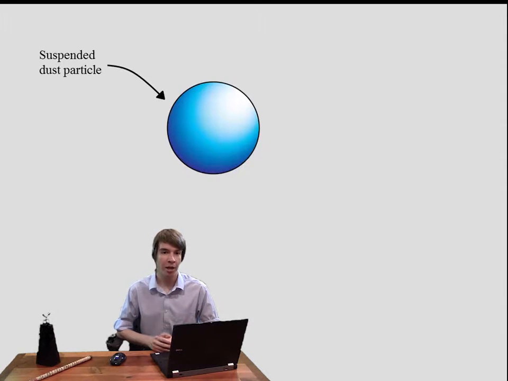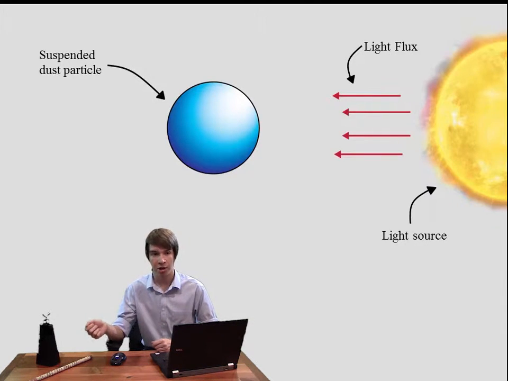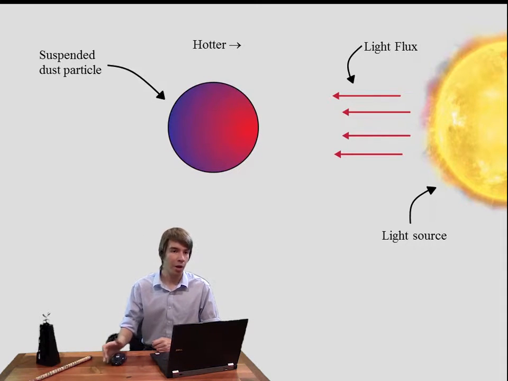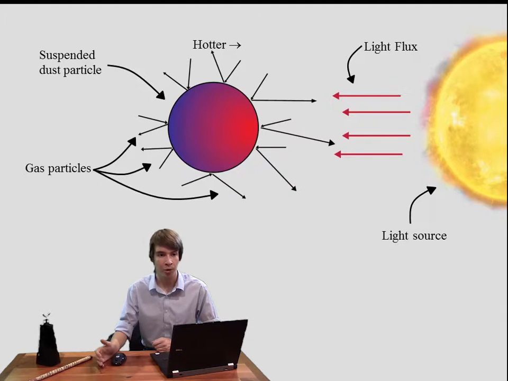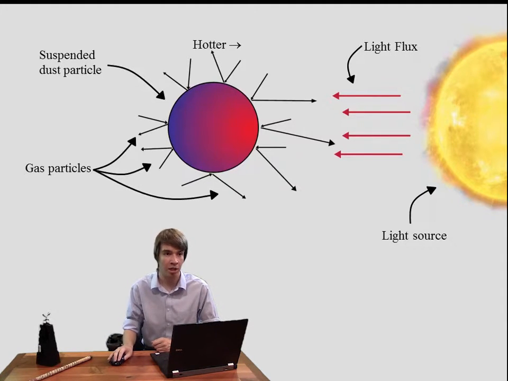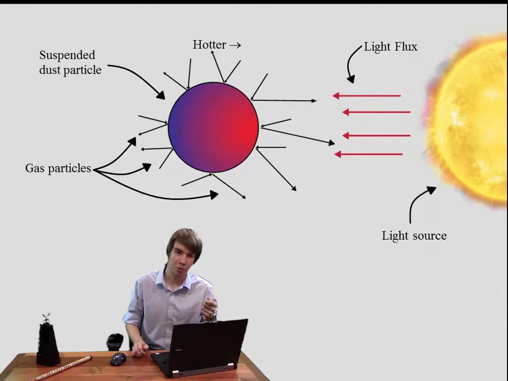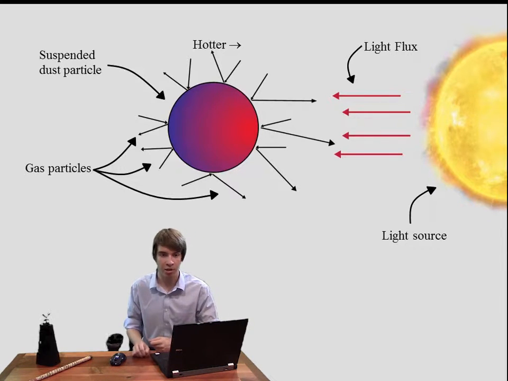volume. If we apply a light source in the positive x direction, then the right side of the particle will heat up. Now, assuming that all the gas particles that collide with the surface of the dust grain equilibrate with the surface temperature of the grain before being ejected again, then the gas particles come into contact with the hotter side of the dust grain, leaving the surface of the grain with a greater velocity than those that collide with the cooler